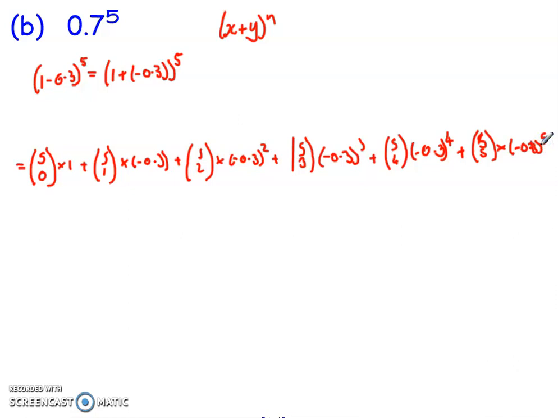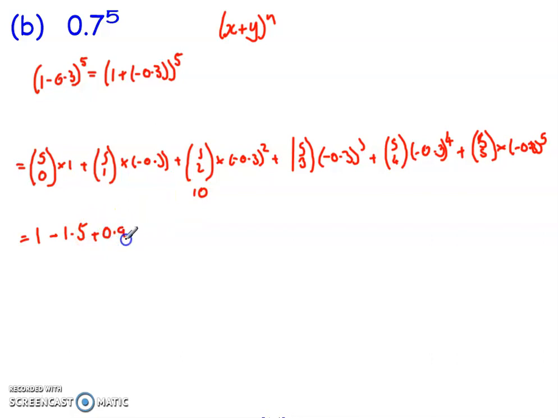Now I do every single one of the terms all on its own, and what I then have to do, add it all up and round it off. So start by doing each term on its own. So my 5C0 times 1, well that just simply gives me 1. I've then got 5C1, which is 5 times negative 0.3, so I've got 1 take away 1.5. I've then got plus 5C2, well that's just 10 times negative 0.3 squared, so that ends up giving me